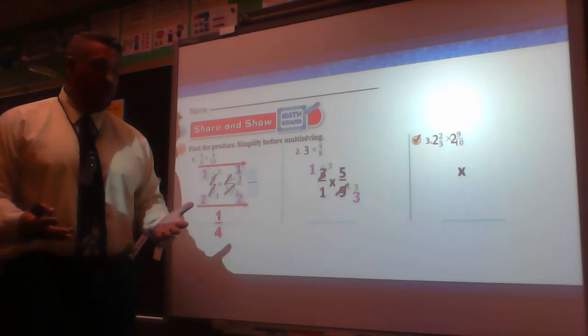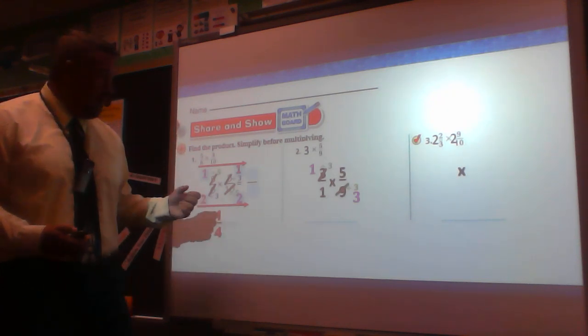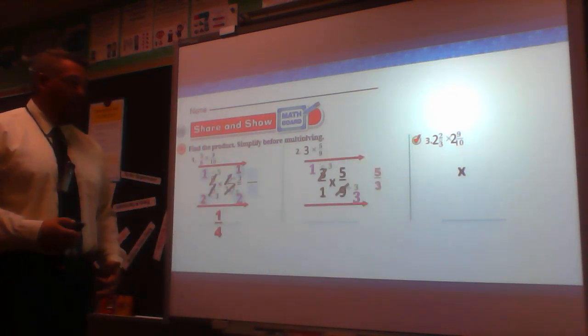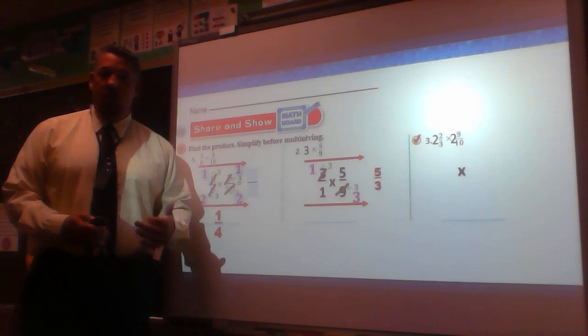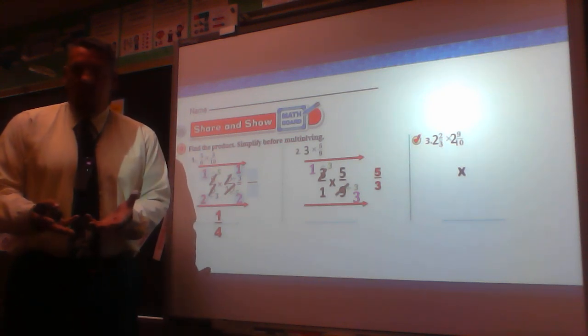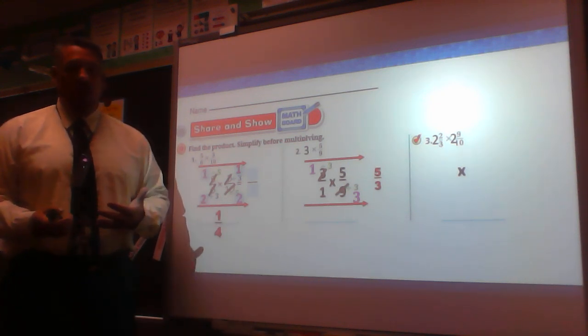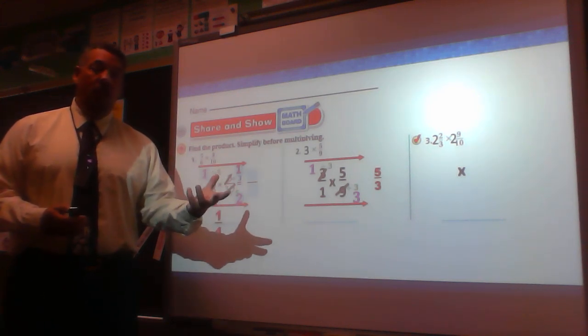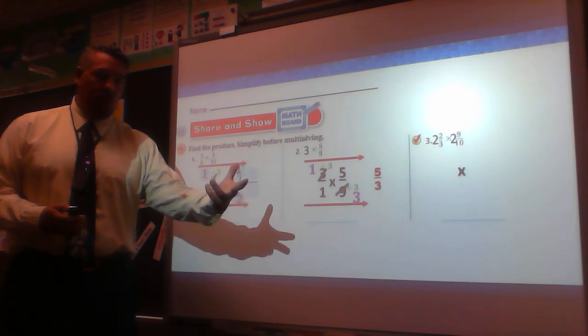Now, I look at what I'm left with. There's nothing that can be cross-reduced. I multiply across. I have my 1 times my 5, which is 5, and 1 times my 3, which is 3. But that's top-heavy, right? That's that improper fraction, which I can't have in my final answer. So I know I have to do what mathematically to get my final answer? Hopefully you thought